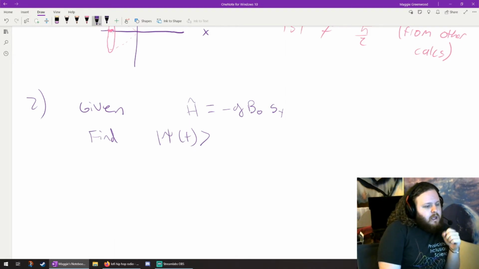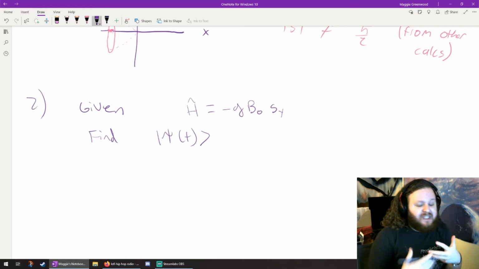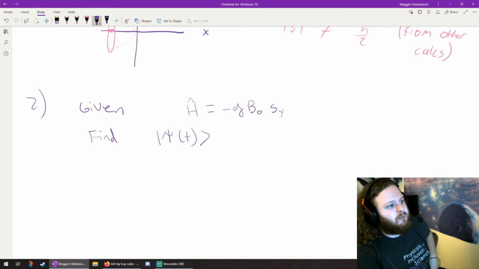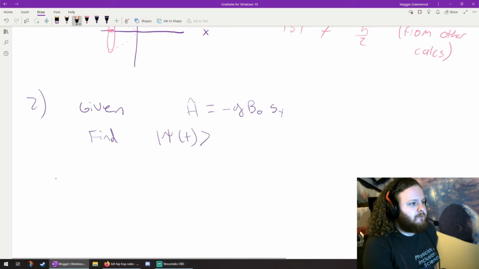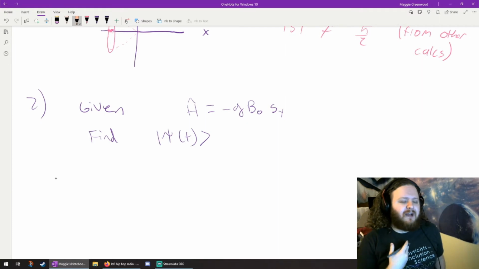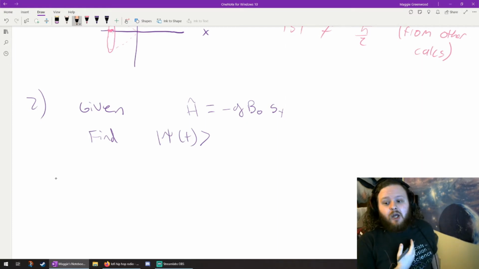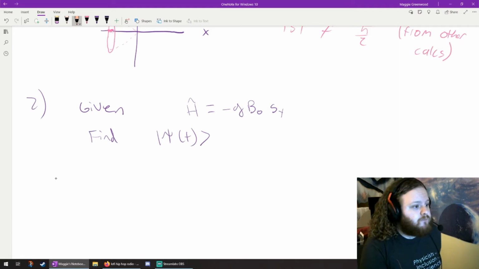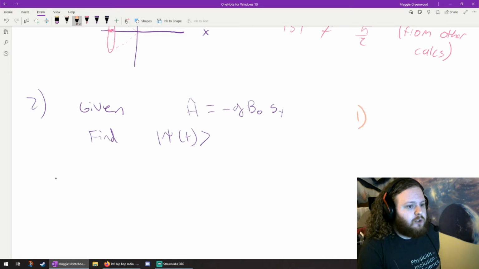There's a very hefty procedure to finding a state at a later time t, and I'm just going to loosely describe that in the abstract with a couple procedural bits, and then we're going to do each of them in turn. To find a state at a later time t, you need to know an initial state at t equals 0, which we were given back in part 1. You also need to understand something about the Hamiltonian, which we're also given. So, to find a state at a later time t, you need to, 1, put the state